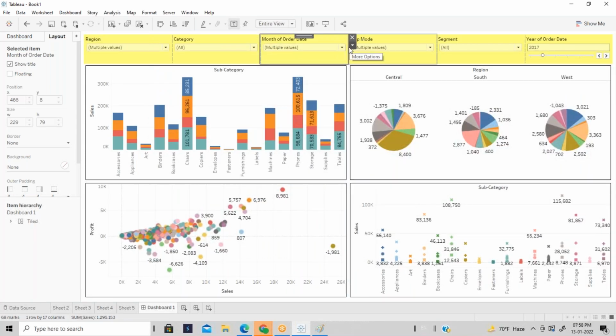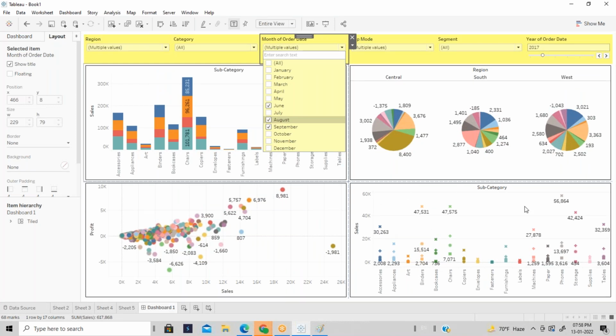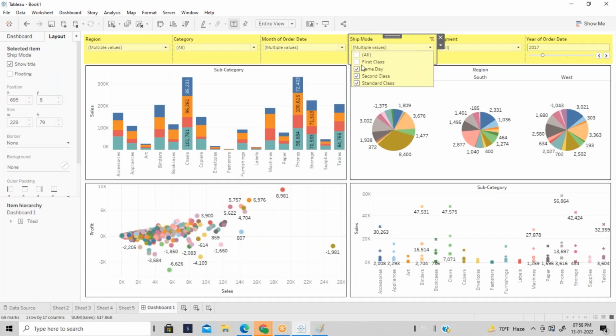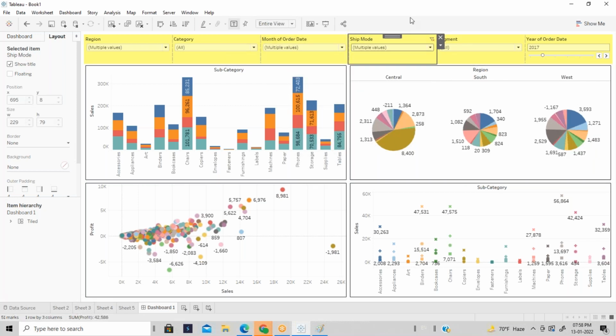Now see, if I select this, only this chart is changing. If I change this, only these values are changing, right? But whenever you add a filter, these filters should apply in all the sheets. Normally that should be the recommended, right?